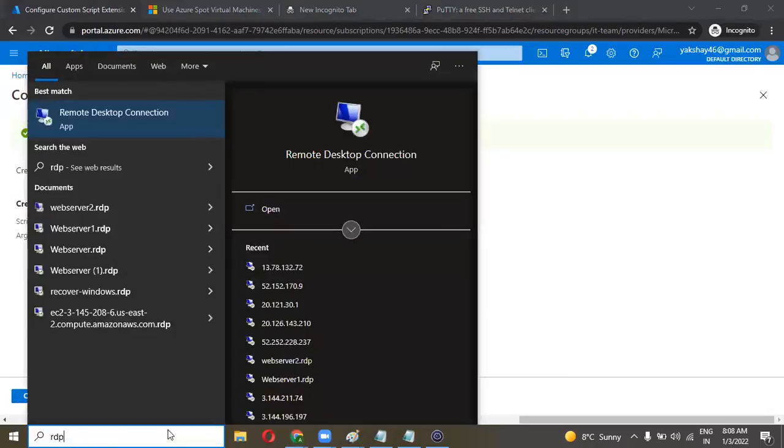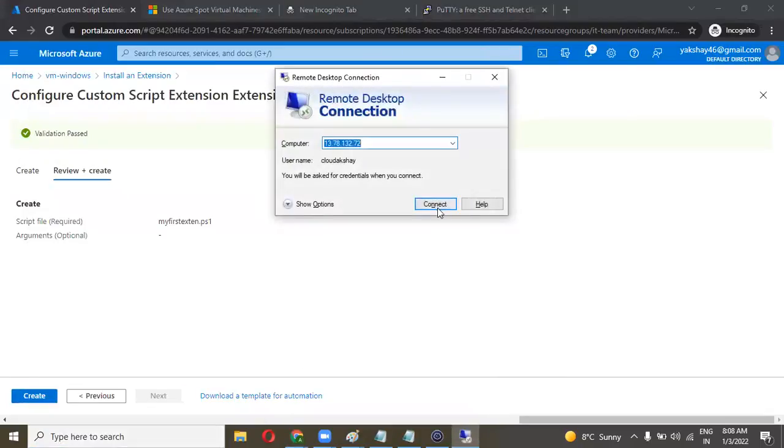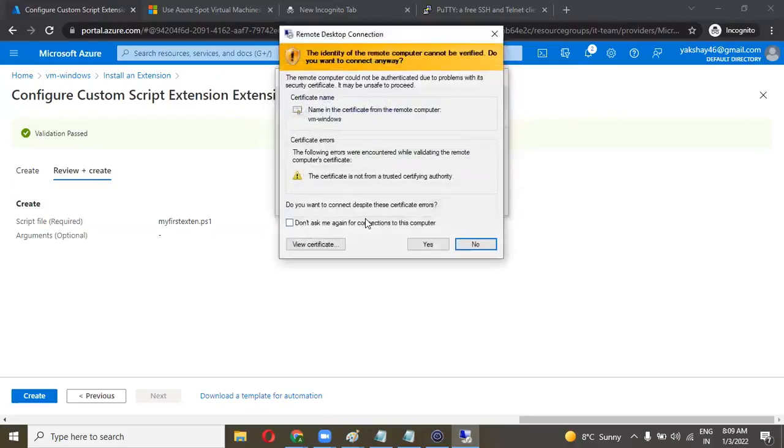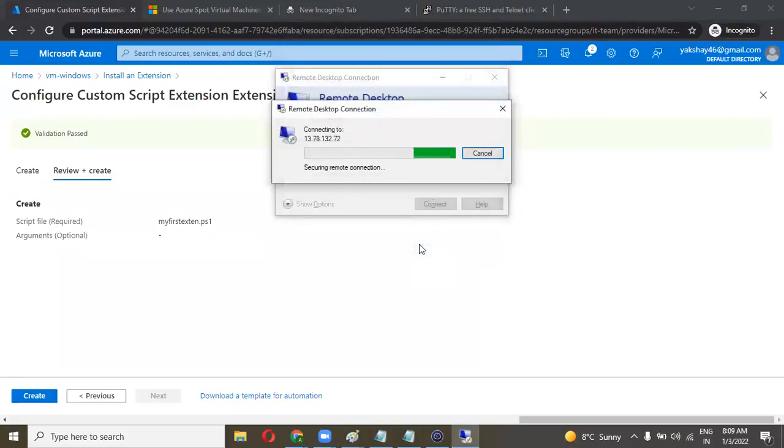First, let's check with the RDP if I have it available or not. As you can see right now, I don't have any Internet Information Service here.